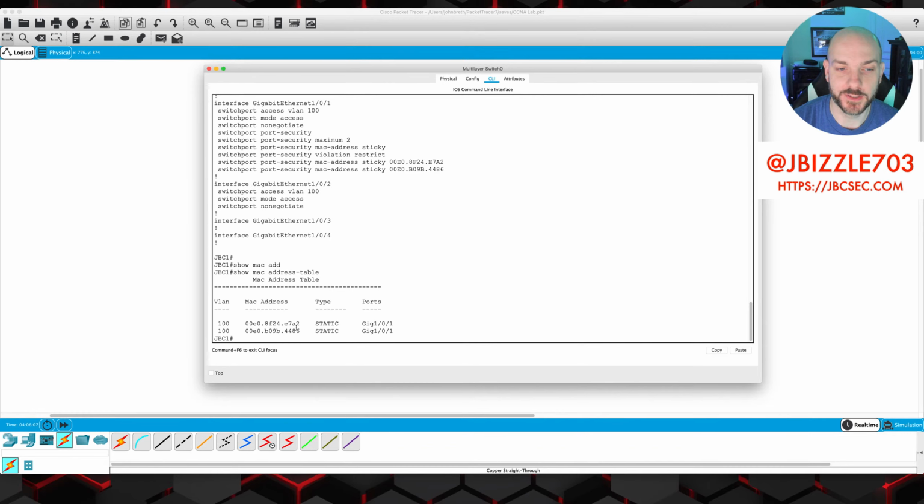Trying to think what else is kind of good to hit on port security before we wrap up. So this is a really straightforward and easy method to do this. It's not necessarily the most advanced option that we have as far as device authentication goes. This will protect your environment in very simple ways against folks just going and plugging stuff in that they shouldn't plug in to certain places. But if you actually have somebody who is a cyber criminal or a red teamer or something like that,